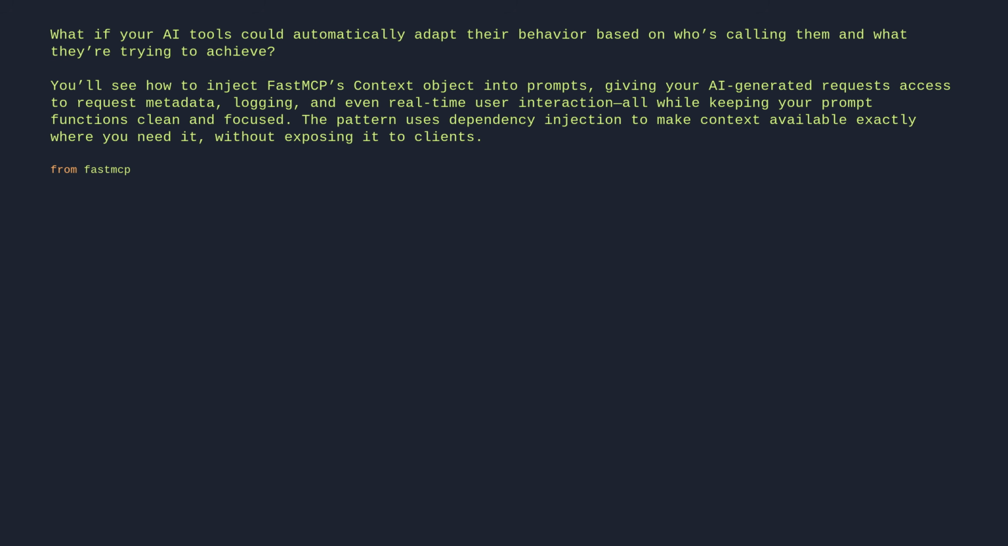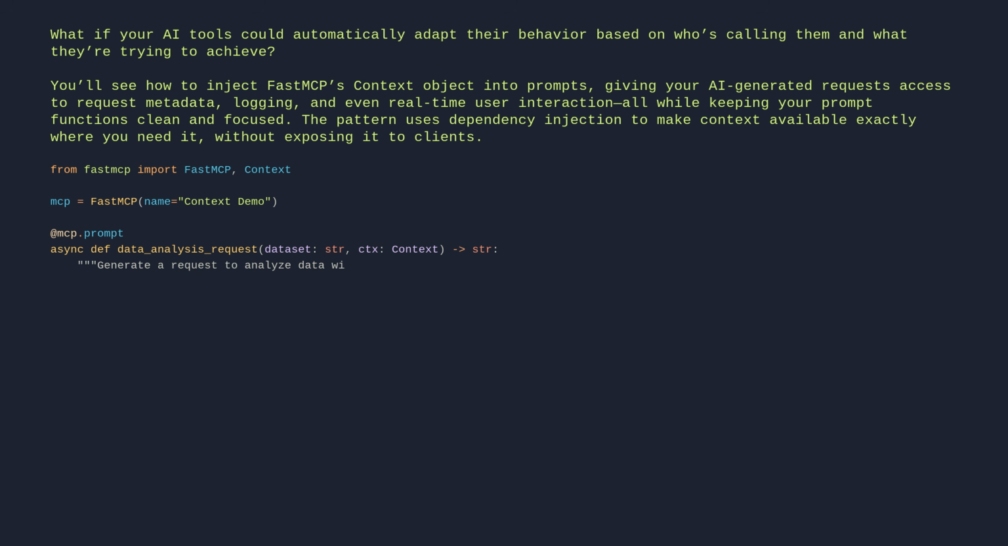From fastmcp import FastMCP, Context. mcp = FastMCP(name="context-demo"). @mcp.prompt async def data_analysis_request(dataset: str, ctx: Context) -> str: """Generate a request to analyze data with contextual information.""" # Context is available as the ctx parameter. return f"Please analyze the following dataset: {dataset}"